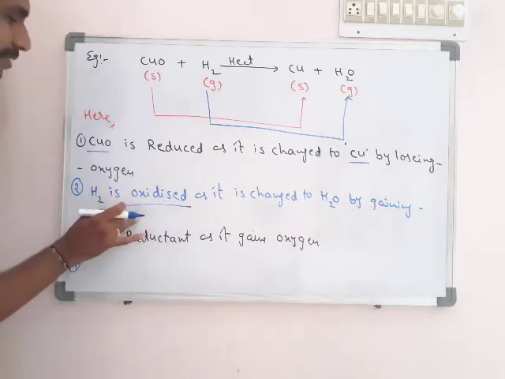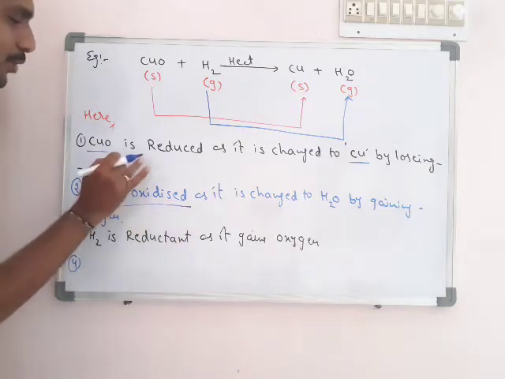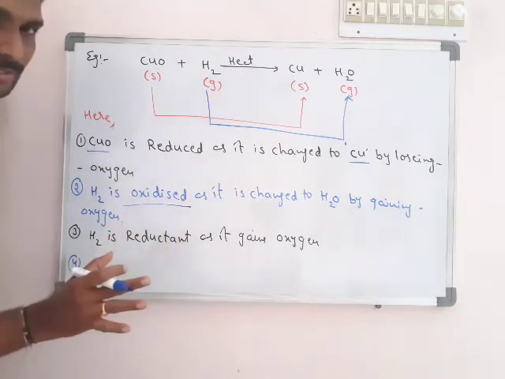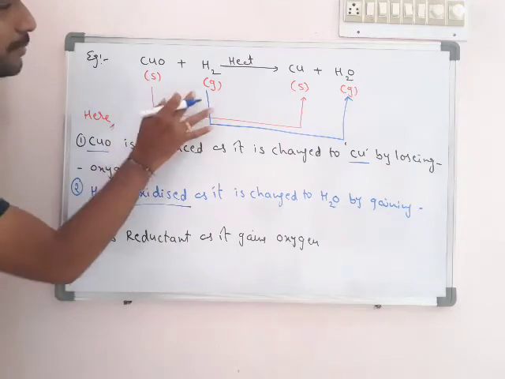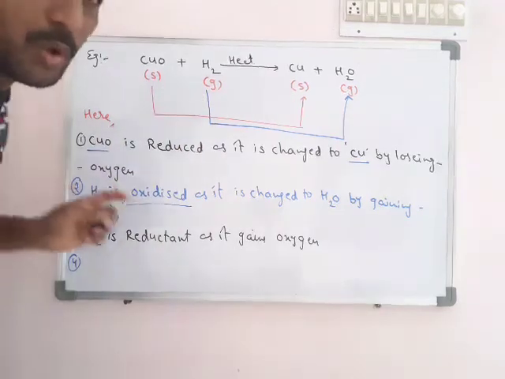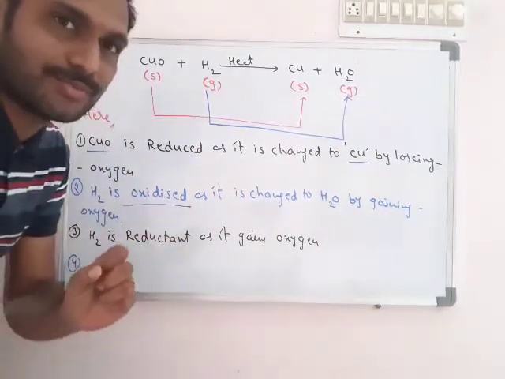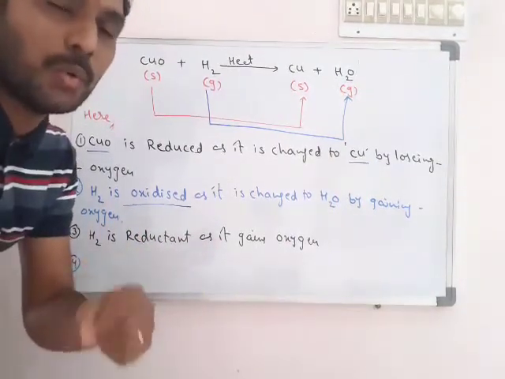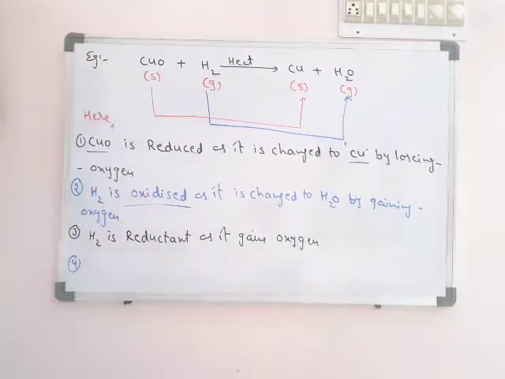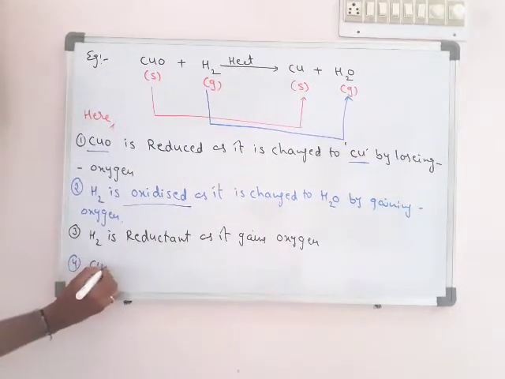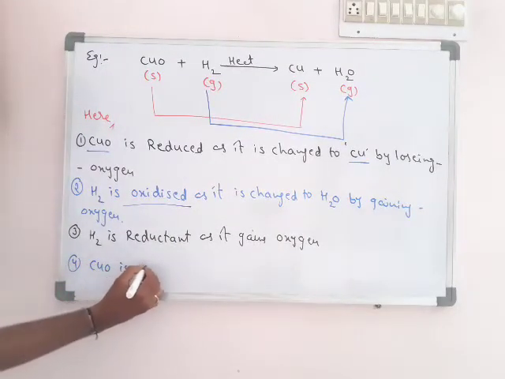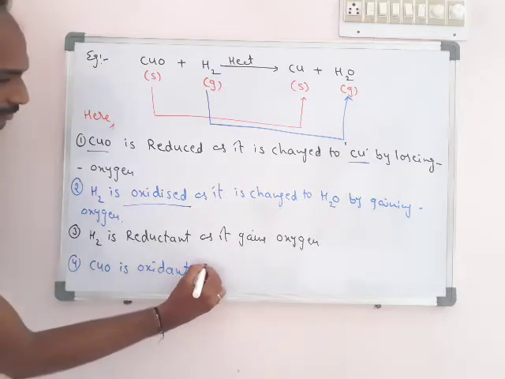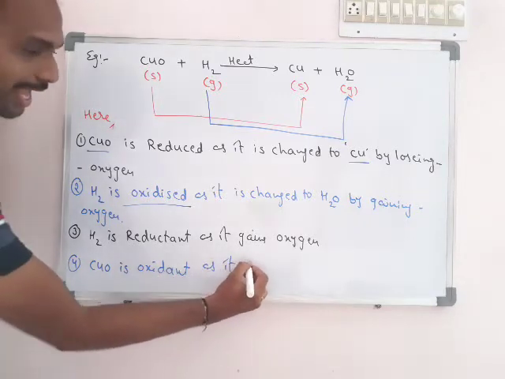So who gave the oxygen to it? CuO, cupric oxide gave oxygen to it. So that's why cupric oxide helped the hydrogen. Cupric oxide helped the hydrogen for oxidation. Okay, here, for hydrogen to be oxidized, who helped? CuO. Therefore we can write CuO is oxidant,